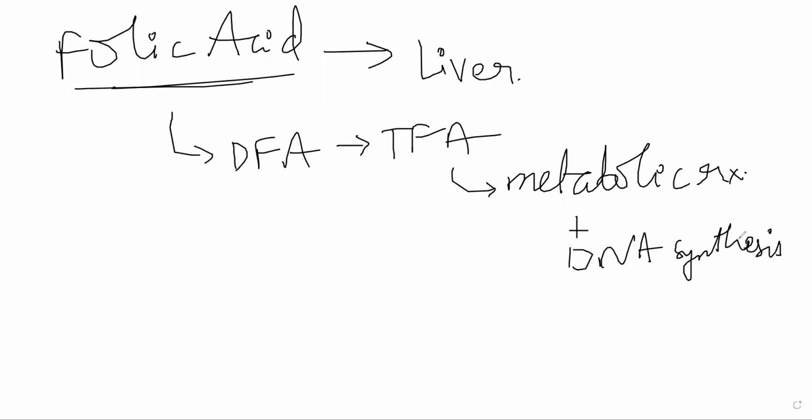In case of deficiency, generally it occurs due to malabsorption. It can also be due to diseases of small intestine, where absorption is getting affected, or it could be drug induced as well. Drug induced folic acid malabsorption is very common. So drugs like phenytoin, phenobarbital, oral contraceptives, methotrexate, trimethoprim, a lot of them we've already discussed. So all of these can cause folic acid deficiency, and it is better to give supplementation of folic acid when you're giving such drugs to the patient.